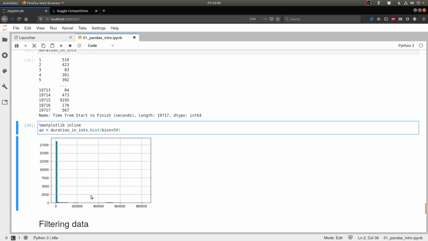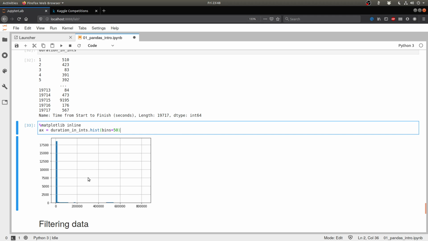So as we can see from the histogram, lots of values, most of them in fact, 90% and more easily, are concentrated in the very first bin. So which means that there are obviously a few outliers. Some people took a lot of time, a very small number of people, but they did take a lot of time to fill the data set, right? So in order to make a little more sense of this particular histogram, we are barely getting any information here. All we are getting from this particular histogram is that most of the data is concentrated in the leftmost bin or the minimum bin of my data.